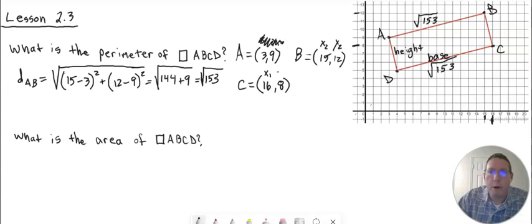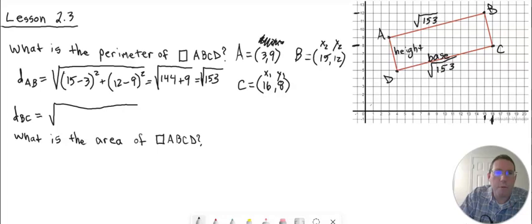We're going to call 16 x1, and we're going to call 8 y1. And for B, 15 is x2, and 12 is y2, and that's fine. We can pick either one to be the ones and either one to be the twos. The distance of BC is going to be equal to the square root of, that's a little messy, but we'll do the best we can with it. So we're going to do x2, which is 15, minus x1, which is 16, squared, plus y2, which is 12, minus y1, which is 8,